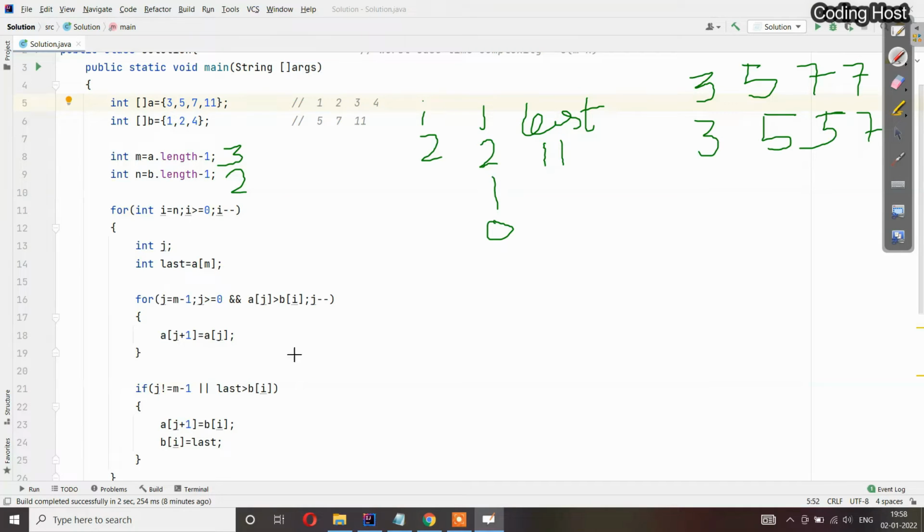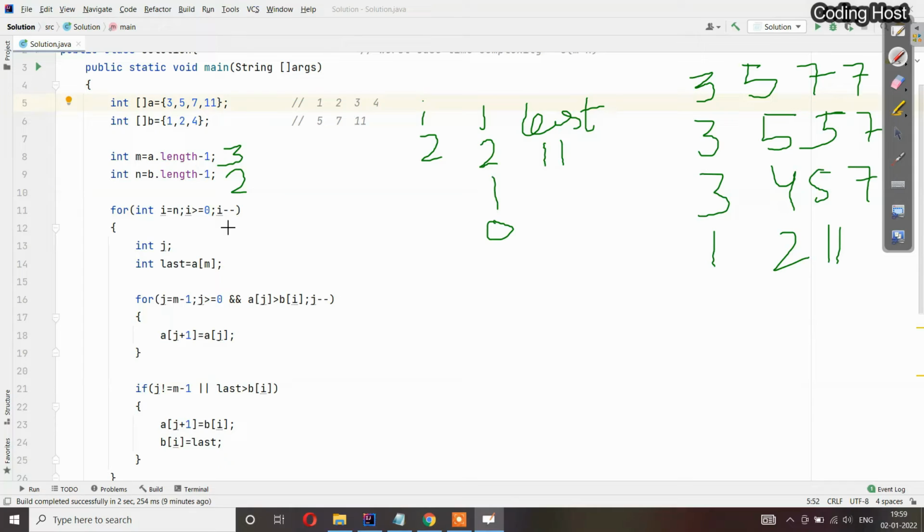So at index 1 in the first array, we are storing the element of array B which is at index I. In this second array, this element is 4. Now we will store this element 4 at index 1 in this first array. So after that, this first array will become like this: 3, 4, 5 and 7, and B of I equal to last. And in this place of 4, we will store this element 11. So then the second array will become like this: 1, 2, 11. So in this if statement, we are swapping the elements between these two arrays A and B.